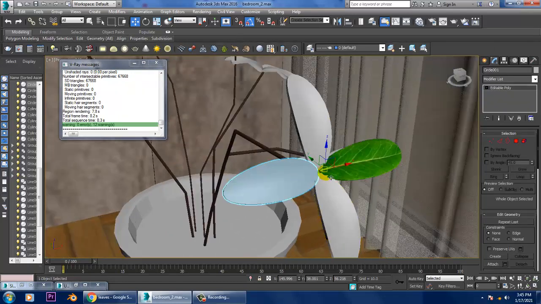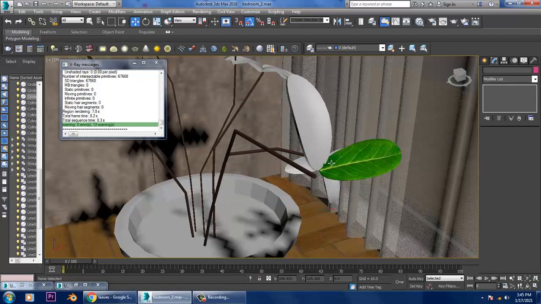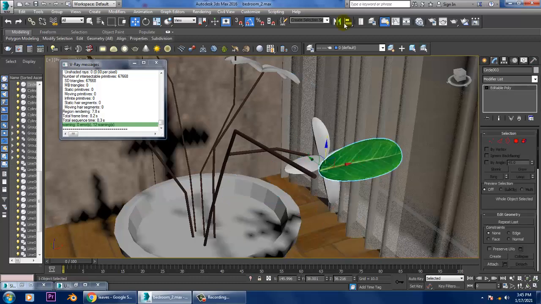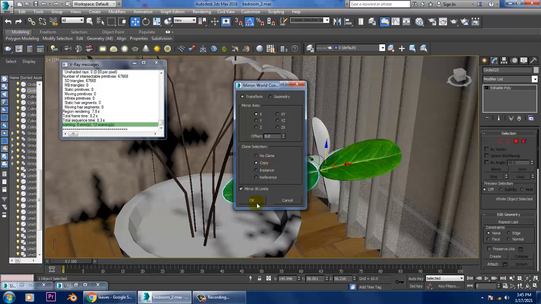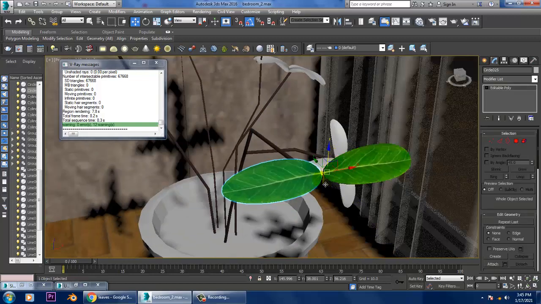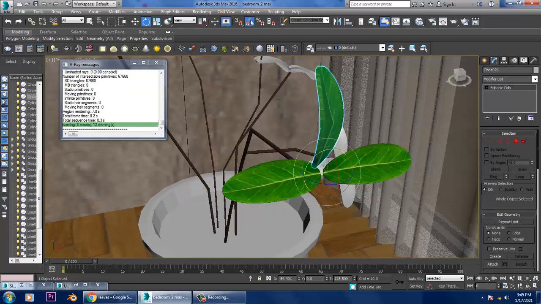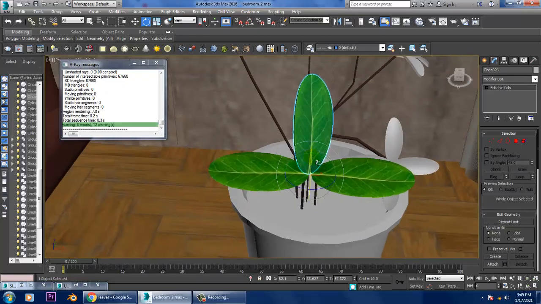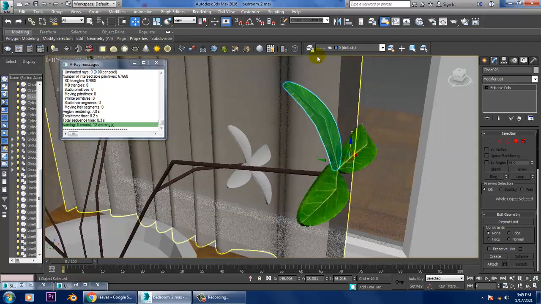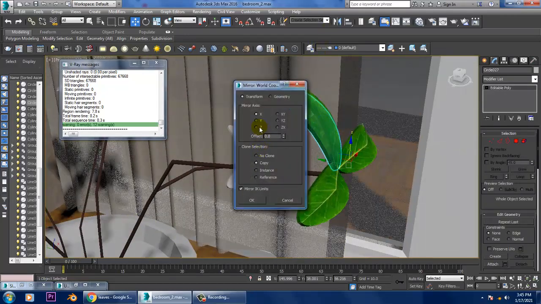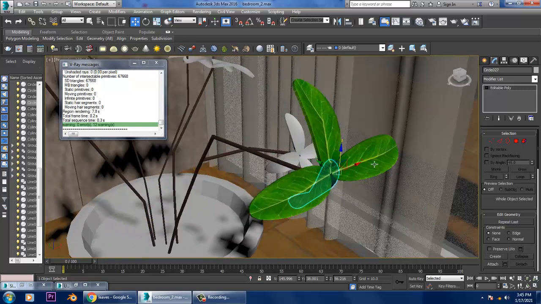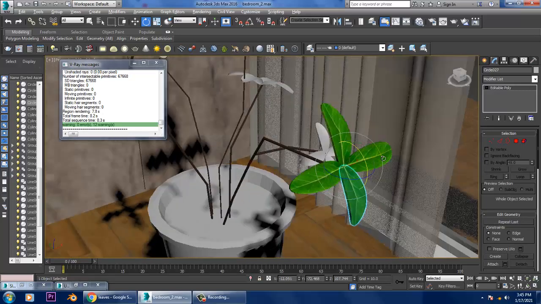I'll delete this, delete this, delete this, and I'll just duplicate it. I'll rotate it up, slightly rotate this in this direction over here, and I'll again mirror it in Z axis. I'll slightly push this down.